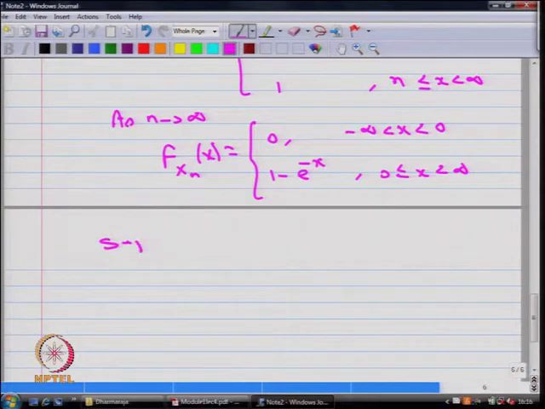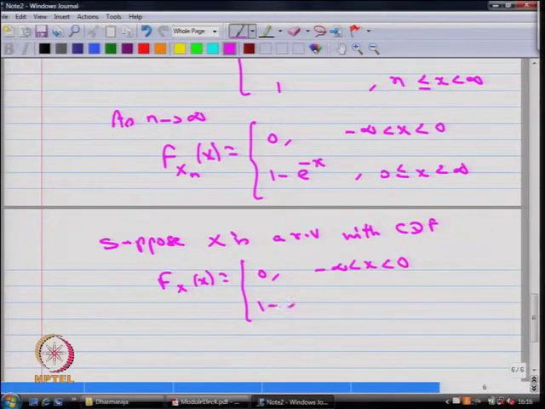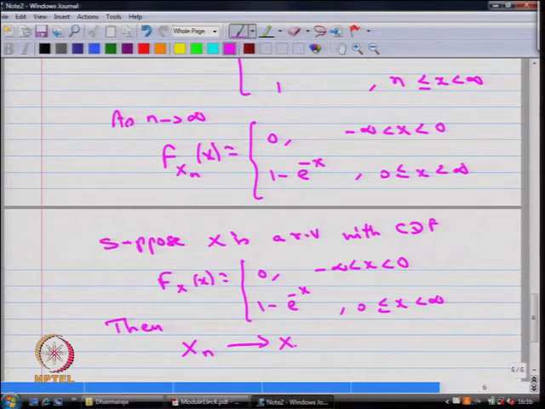Suppose X is a random variable with the CDF, that is F X of x, that is 0 between the interval minus infinity to 0 and 1 minus e power minus lambda x, where x lies between 0 to infinity, then one can conclude X n converges to X in distribution,